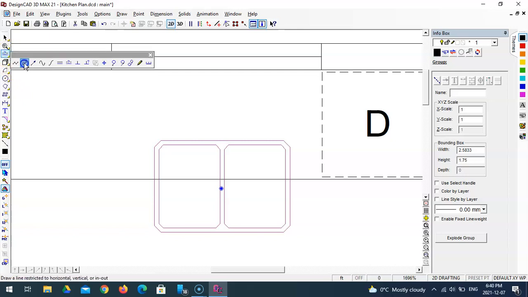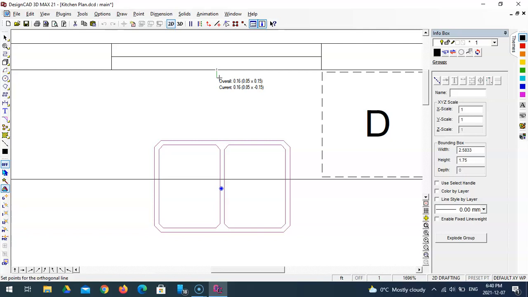Let's grab the line drawing tool. And we're going to get midpoint snap, which is here. And we're just going to, oops, that was the wrong button I pressed. This is a left click tool. So that's the midpoint snap. And we're going to snap to that point, and then we're going to go down